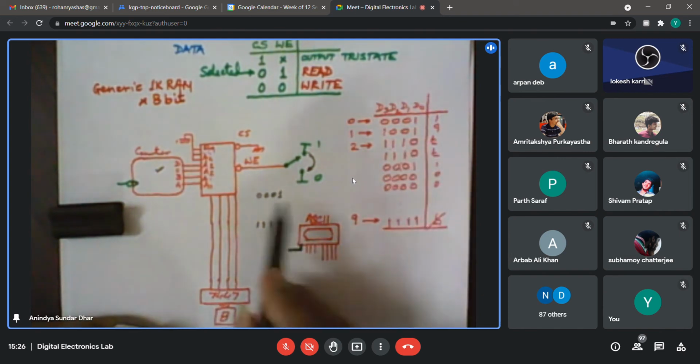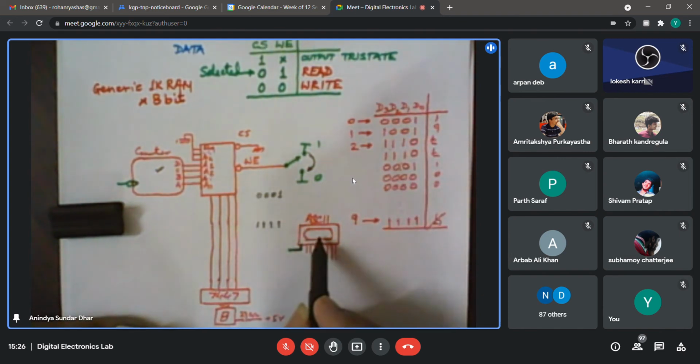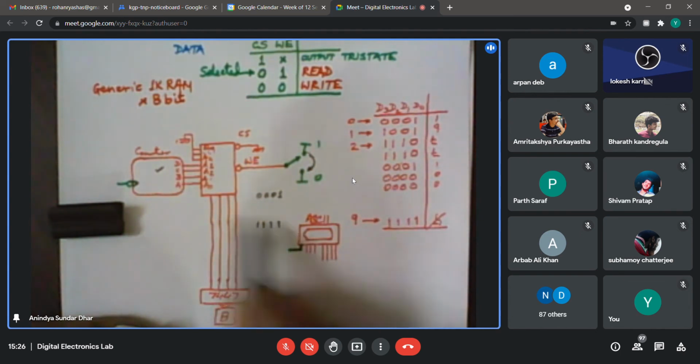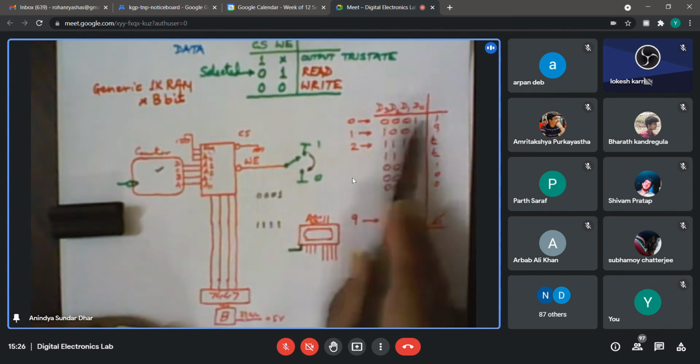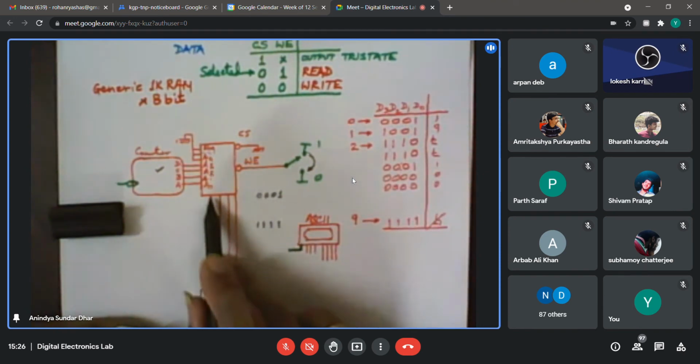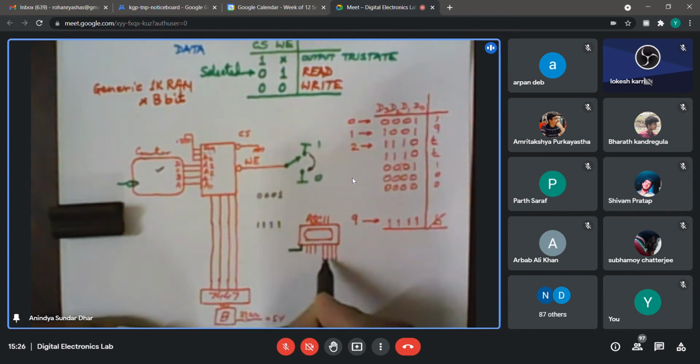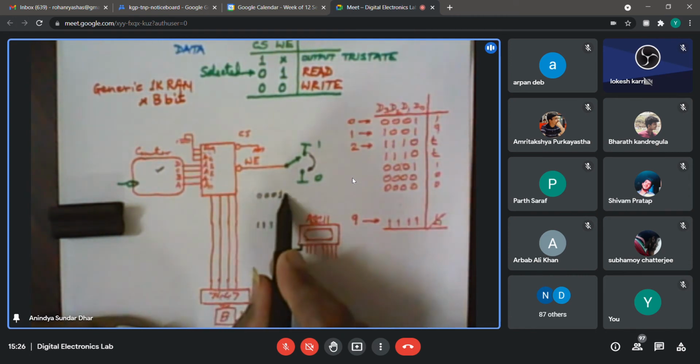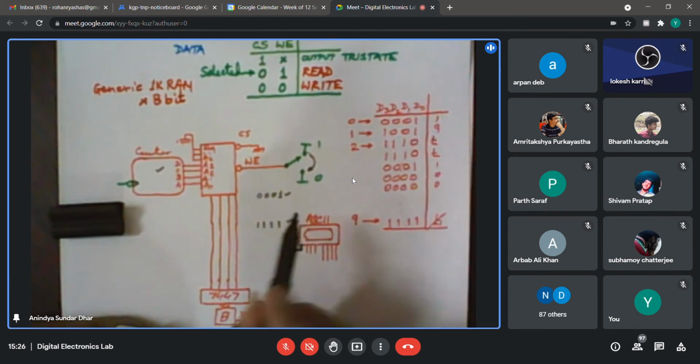For example, if the last character I pressed in ASCII code has 1111, whereas right now I am looking at the first location, the bus is being held by both the RAM and the ASCII keypad. They are not sending the same code, except maybe in the LSB in this particular case.